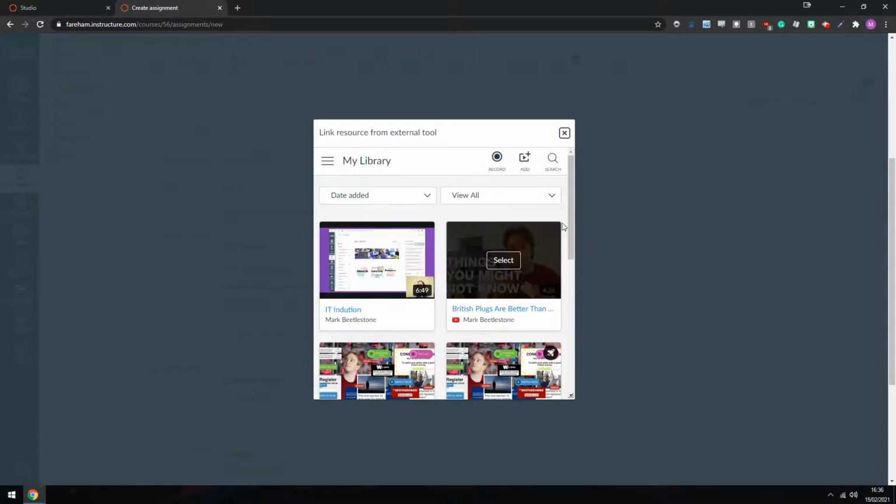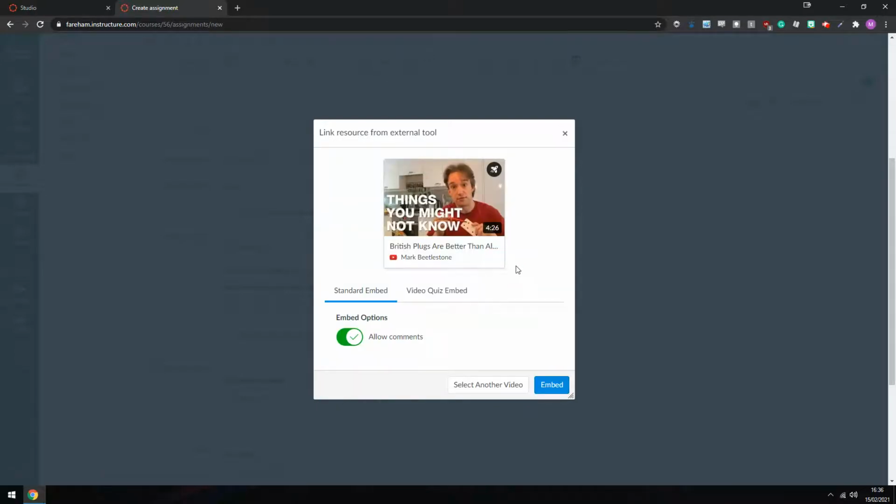Remember, anything with a rocket icon means that we can use the quiz that's attached to that. So I'm going to select that video. And then we've got these two options, standard embed or video quiz embed. I want this to be a video quiz, so I'm going to click video quiz embed. And then we get to choose from the list of quizzes that we've got attached to this video. In this case, we've just got plug quiz. I press embed